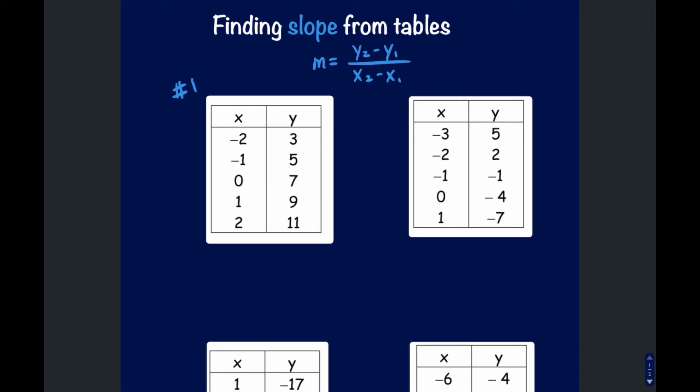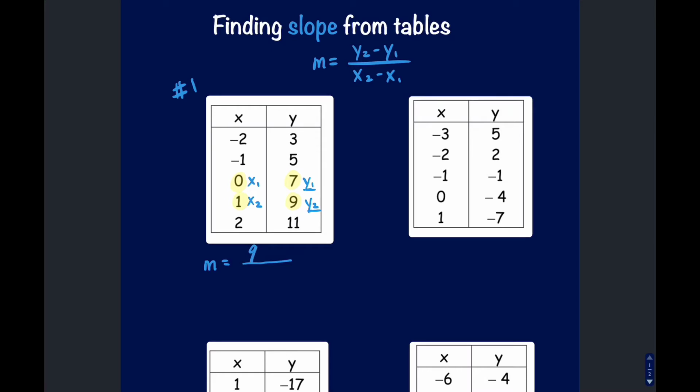So I'm going to let 0 be x1 and 7 be y1. I'm going to let 1 be x2 and 9 be y2. And once you've selected these values to substitute into the formula, it's just a matter of substituting them in, subtracting, and then dividing if needed. So I'm going to rewrite the starting part of the formula here, but I'm going to go ahead and replace the variables with our selected values. So y2 is 9,